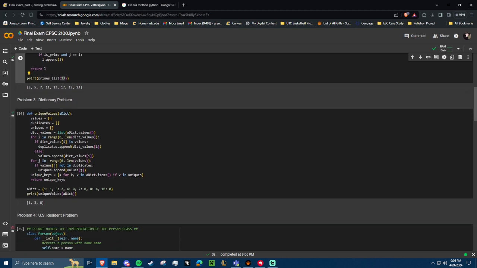So moving on to problem 3 now. Problem 3 is the dictionary problem. We have a dictionary with keys, and each key has a value. Some of the values are duplicates, so we're tasked with trying to remove all of the duplicates. So we want a list of the keys that have unique values, meaning, so like in this dictionary, there